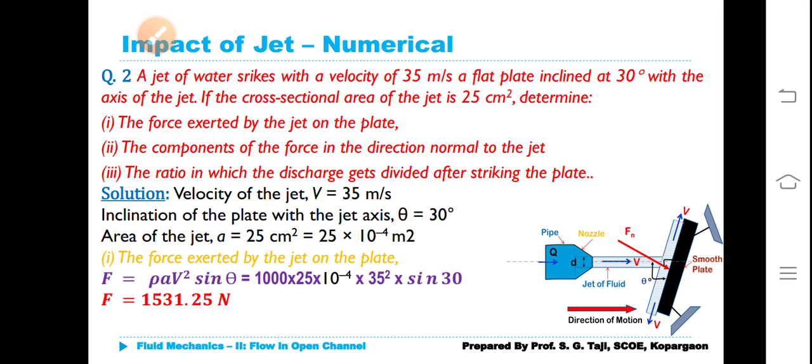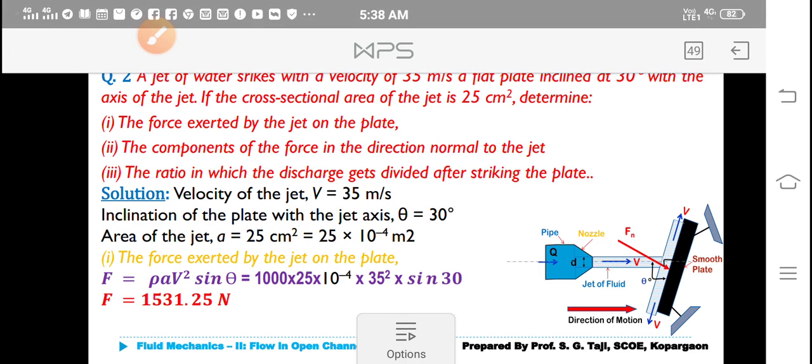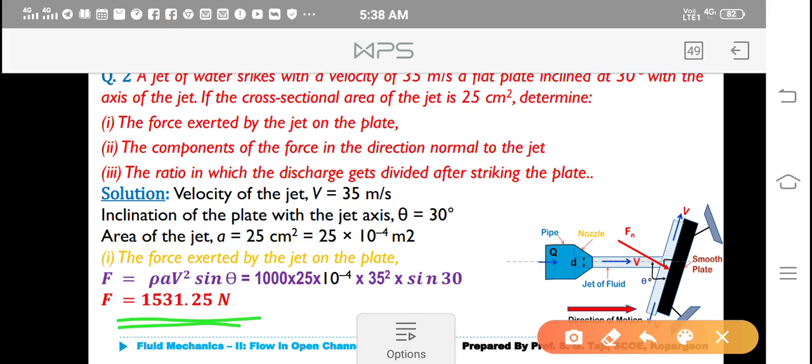But we have been observing since so many years that students are capable of writing the lengthy formula very correctly. They normally do not write the units after they calculate a particular parameter. That is very, very bad. 1531.25 they will obtain very correctly, whereas they will forget to write the unit Newton, because they are thinking that they are aware of it. But how will the examiner come to know that you know?